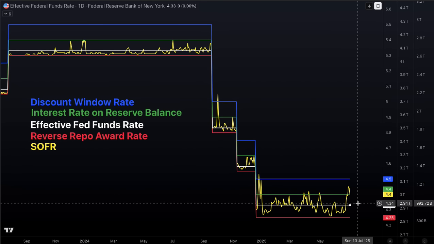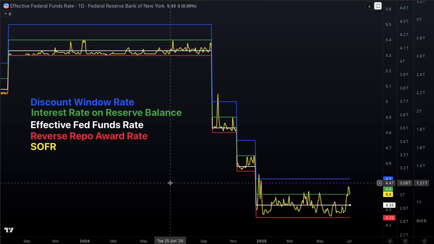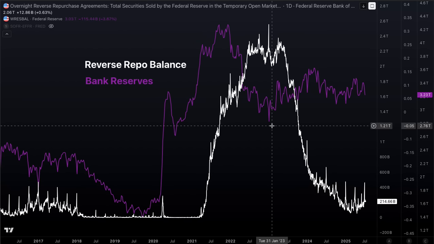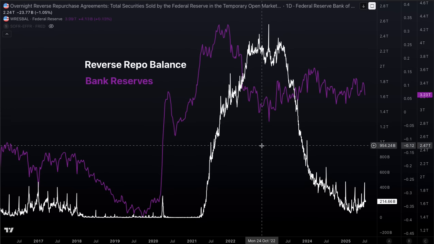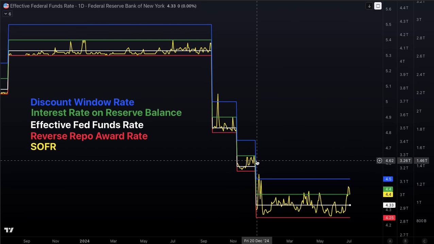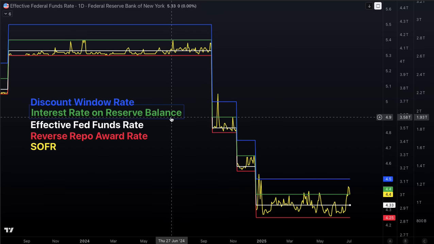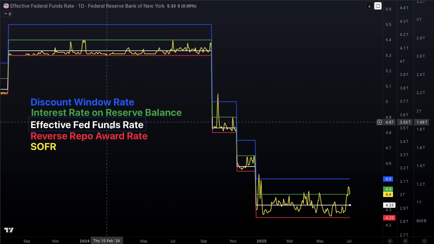So the fact that this is above the federal funds rate, to me, indicates that the Fed recognizes that money conditions have gotten so easy. When you look at the balance sheet of the Federal Reserve, when you look at M2 money supply or M0, bank reserves and the monetary base, I think the Fed recognizes that we are primed for an inflationary event. Therefore, they are putting this IORB above the effective federal funds rate, which, if you think about it, this incentivizes